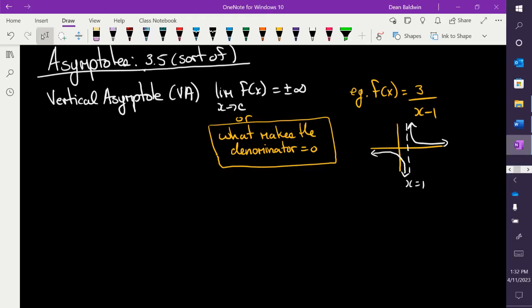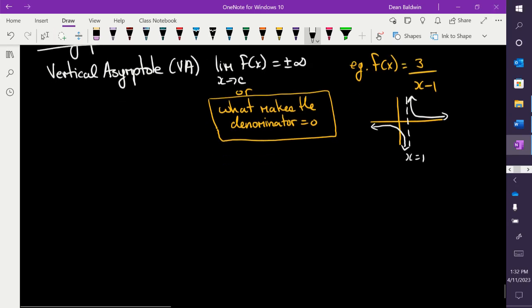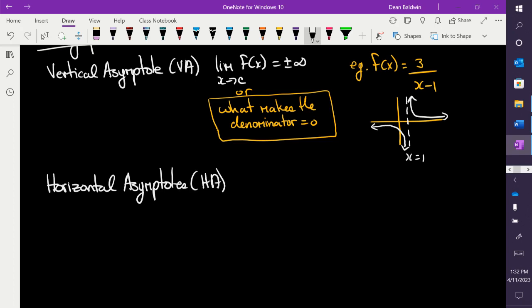So what makes the denominator 0, or the limit equal to positive or negative infinity? That's your vertical asymptote. Okay. Then we did horizontal asymptotes, which I'm going to abbreviate HA. Those are the limits as x goes to positive and negative infinity, sort of tied into slant as well